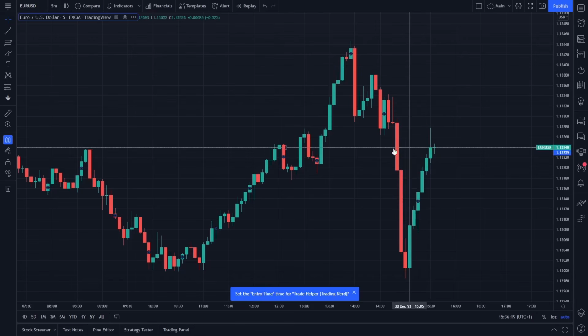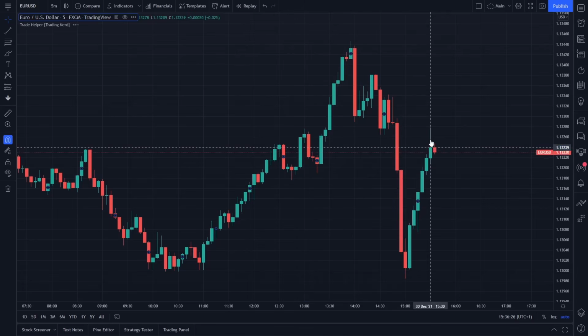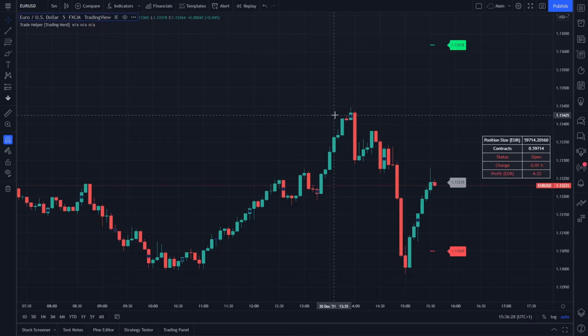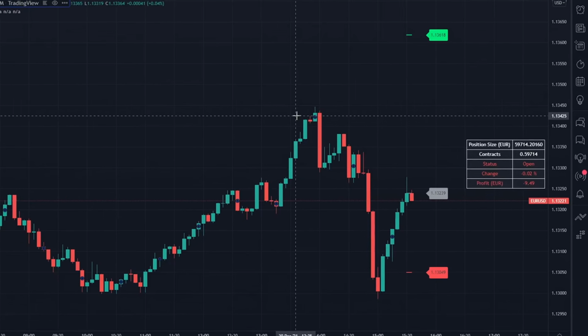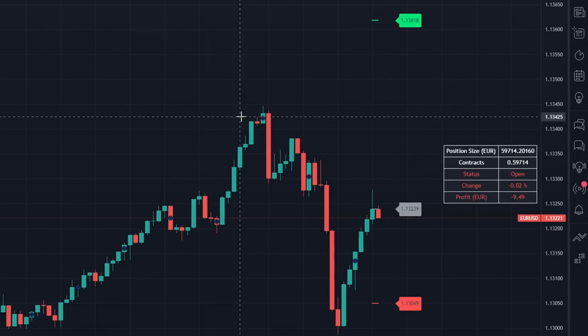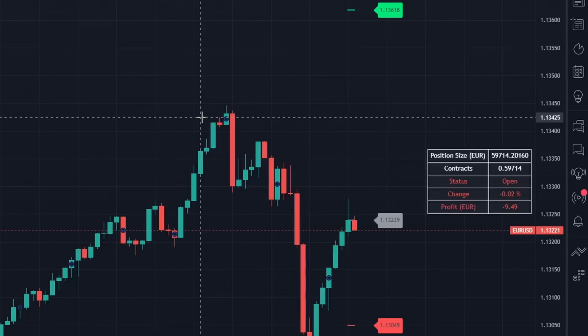After the price is set, the indicator asks you to set the entry time. For this, we will select the previous candle. And we are done. The indicator automatically calculates the stop loss and position size. And it also displays all the prices at the labels. You may ask yourself, why didn't we need to select the stop loss price?